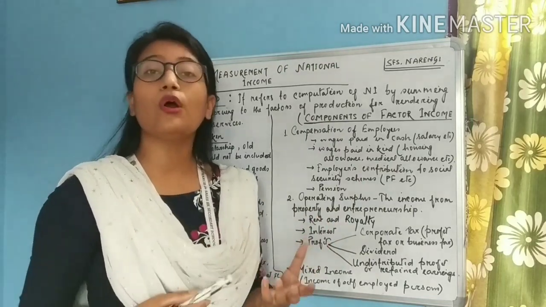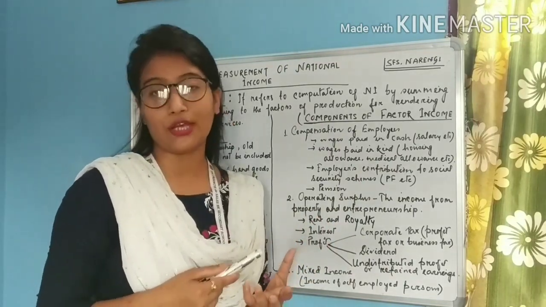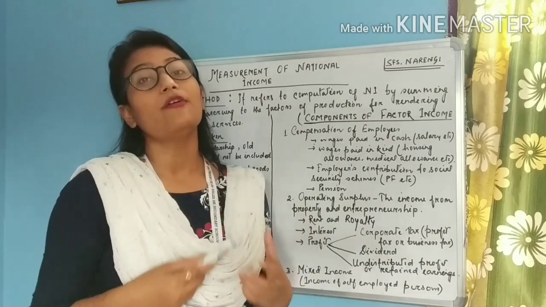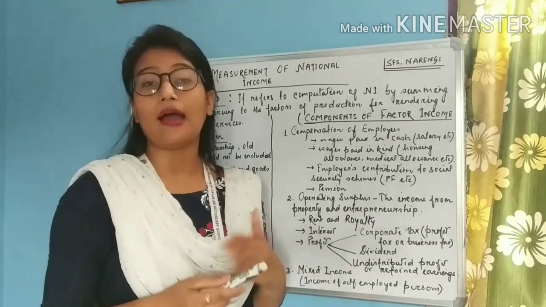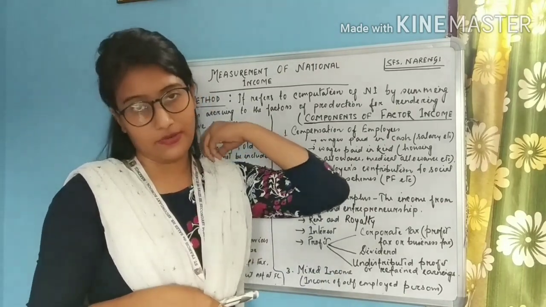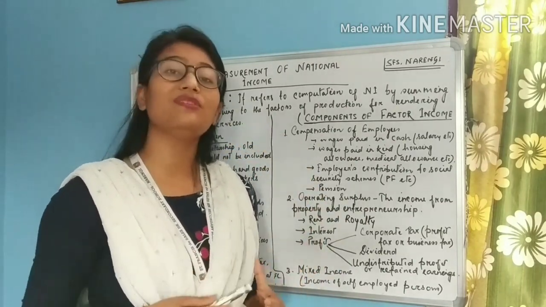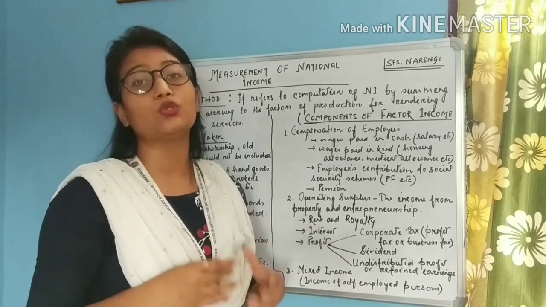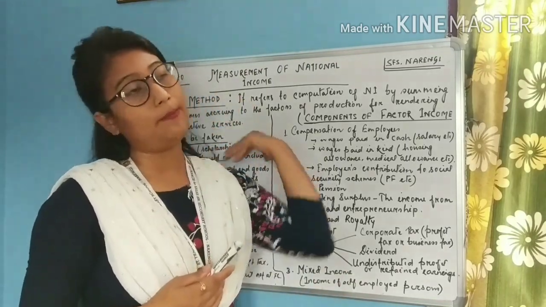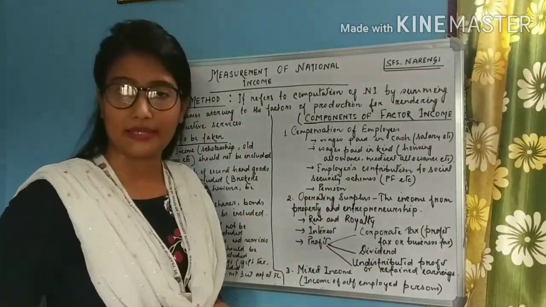That means we all know that to undertake various production activities, we need to hire factor services, and these factors are paid their remuneration after the production activity is done, right? So the income which is accrued to the various factors of production for their service will be included to compute the national income by using this income method, okay?